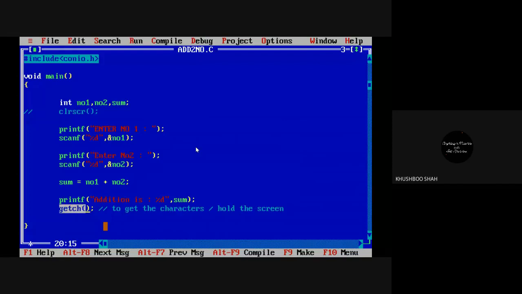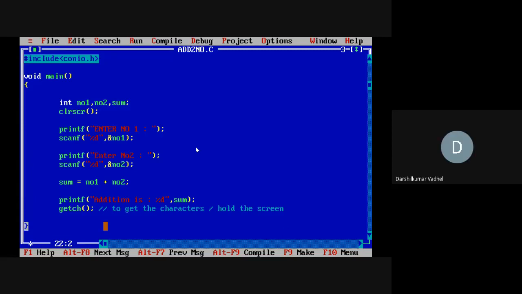Getch is a function to get the character, while return 0 is a return value for the main function. Both are completely different things. Return 0 is not to hold the screen. Fine?